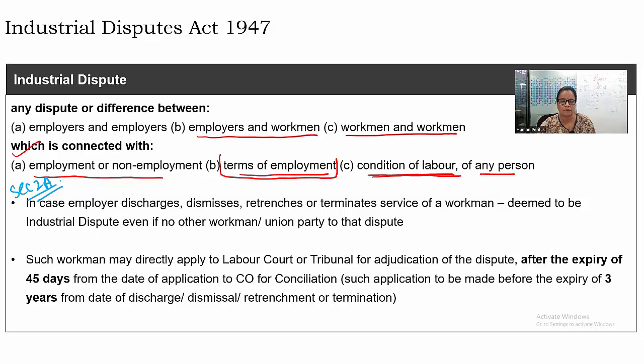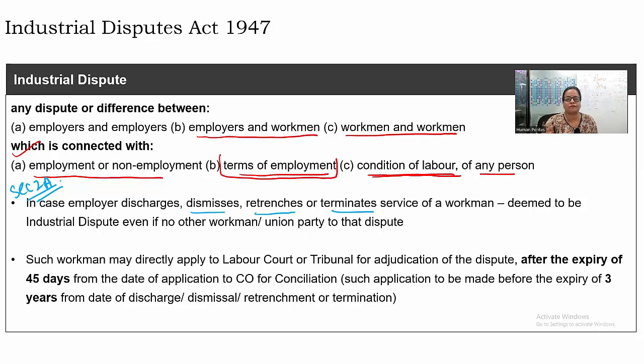Okay, no other person or no other trade union joins them in fighting for their rights whenever a situation arises with respect to their discharge, with respect to their dismissal, with respect to their retrenchment or termination. So here a single person is being discharged, dismissed or retrenched, or his services have been terminated by the employer,